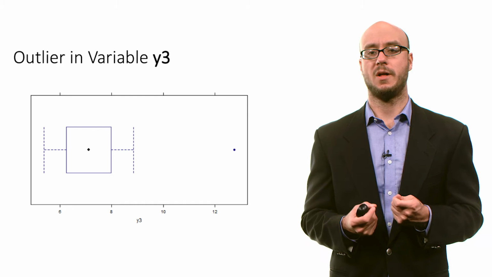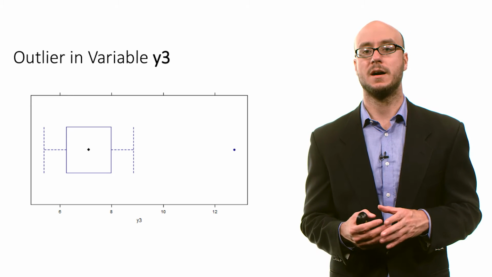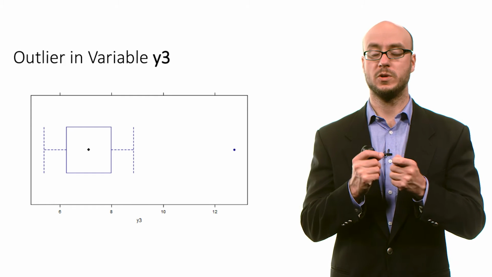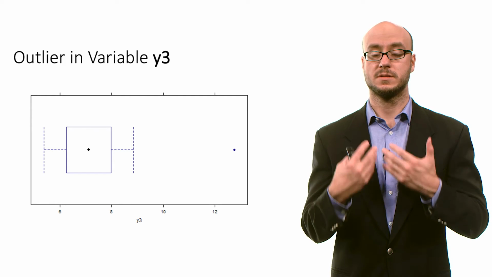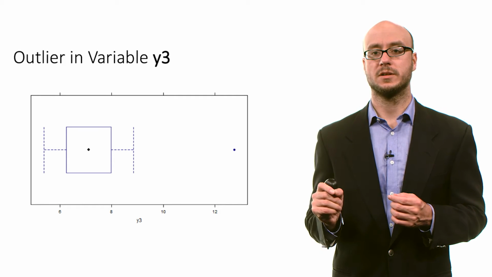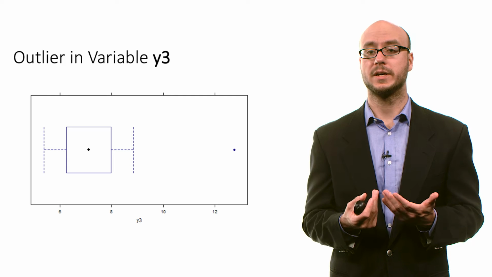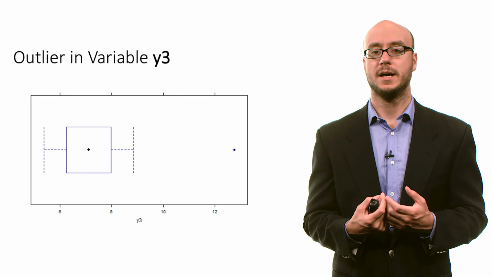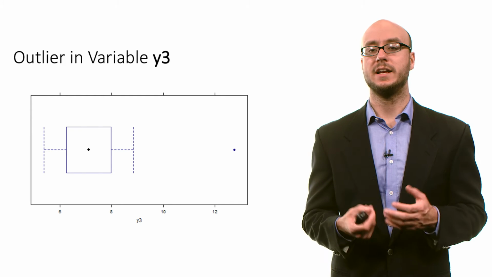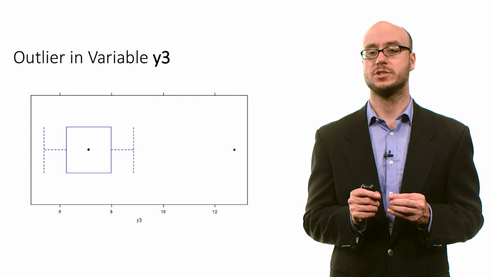And if you recall, a box plot is very, very useful for finding outliers because a box plot is constructed based on quartiles. Right? And when we use quartiles, they're resistant to outliers. And so here we see that we have this one outlier beyond the whisker on the right-hand side of the plot. And that outlier is in fact problematic because what it's doing to the scatter plot, and by extension to the correlation coefficient, is it's misleading us. It's inflating the correlation coefficient. So if we just look at the numerical summary, we're going to think there's a stronger linear relationship than in